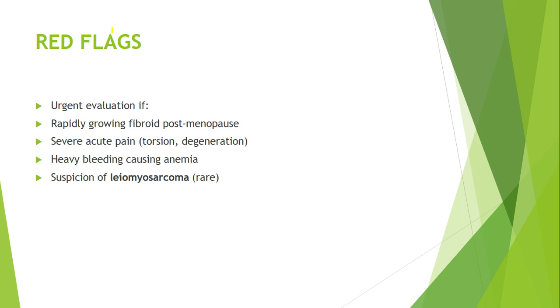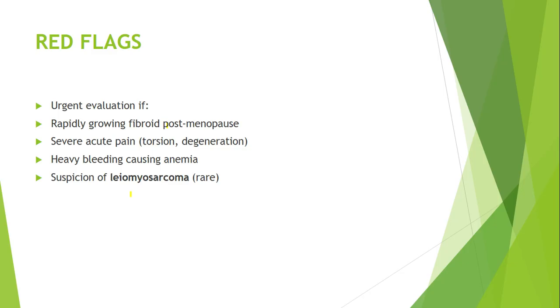So what are the red flags? There should be urgent evaluation if rapidly growing fibroids post-menopause. So if fibroids are growing rapidly after menopause, it is a red flag and it should be evaluated urgently. Severe acute pain, that's torsion or degeneration. Heavy bleeding causing anemia. Suspicion of a leiomyosarcoma, which is rare. A leiomyosarcoma is just the transformation of a leiomyoma, which is a benign tumor, to a leiomyosarcoma, which is a